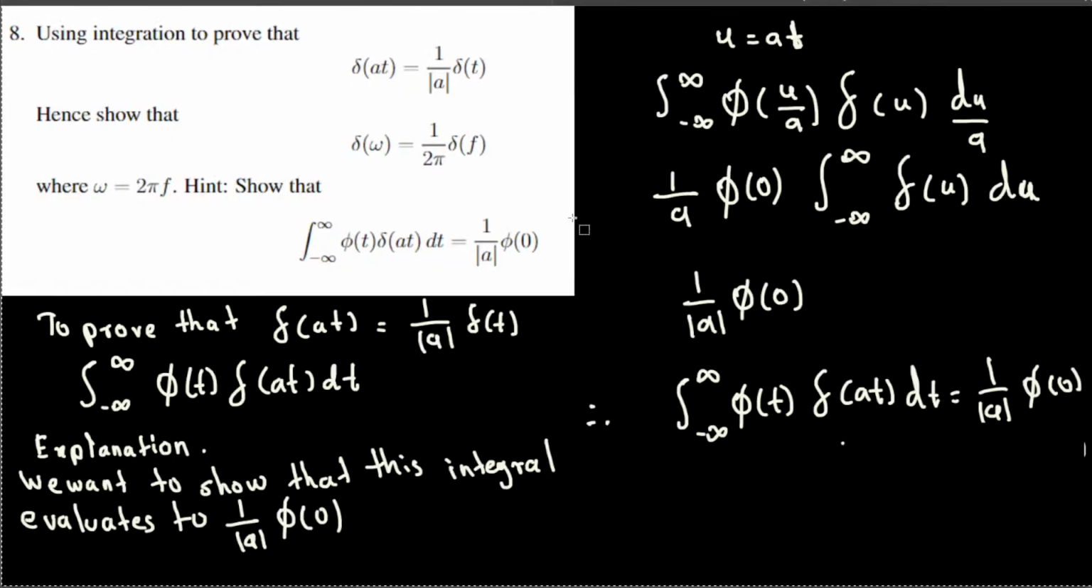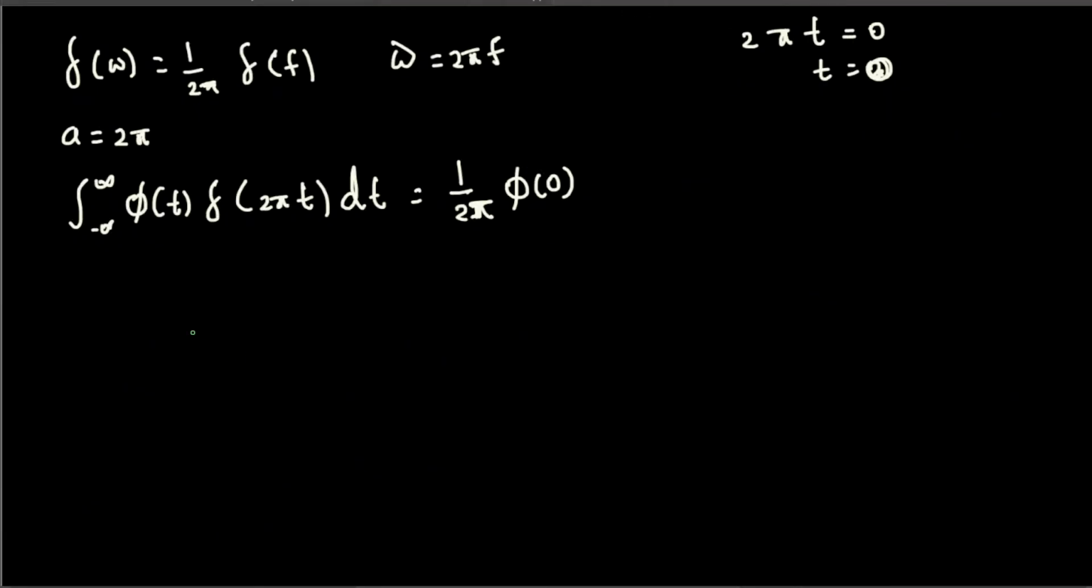We had to prove delta of omega is equal to 1 over 2π delta of f. So to do that, what we had to do is take the omega into place. Now, since omega is equal to 2πf, we can rewrite